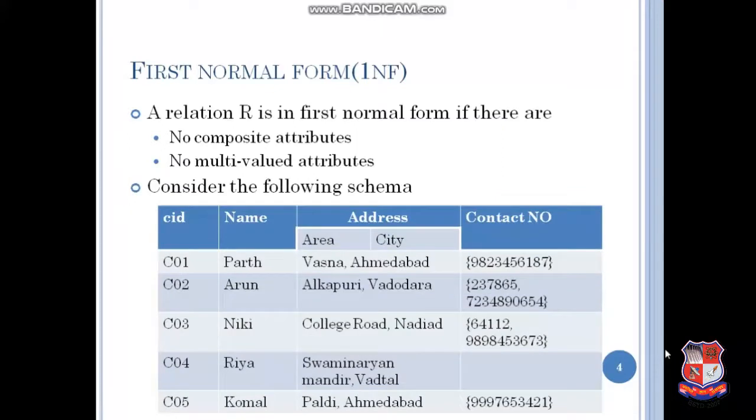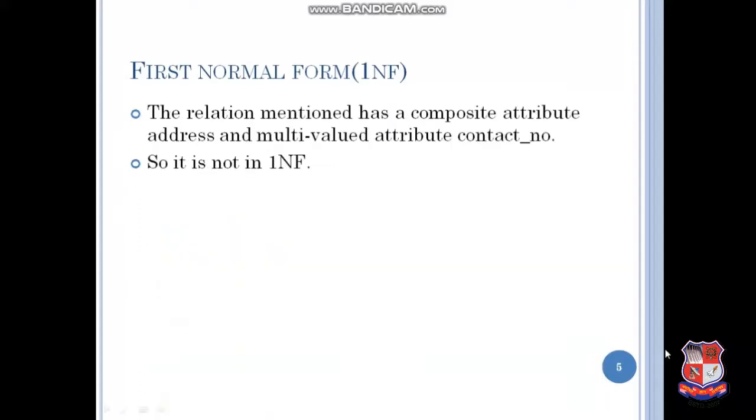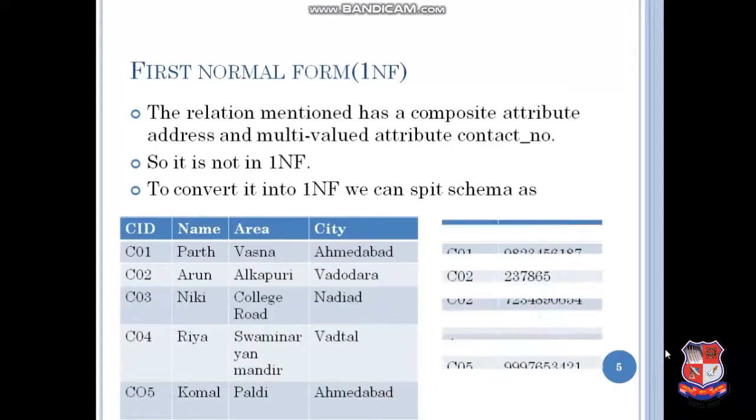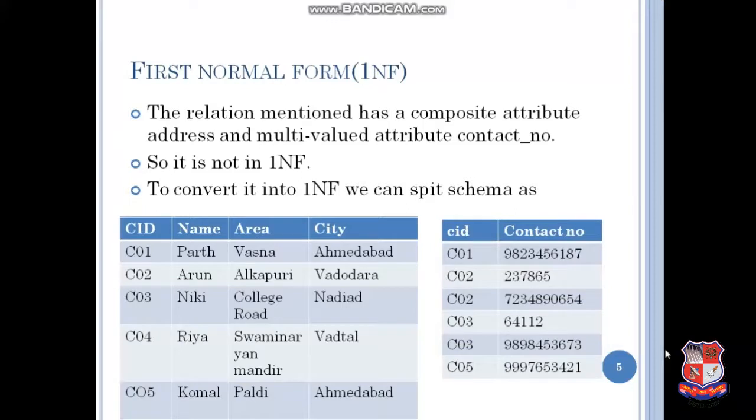For example, consider the following schema with columns CID, name, address and contact number. Here address is a composite attribute and contact number is a multi-valued attribute. So clearly this schema is not in first normal form. To convert it into 1NF, we can split the schema as customer ID, name, area and city. That is, the address, which was a composite attribute, we divided into individual attributes of area and city, and